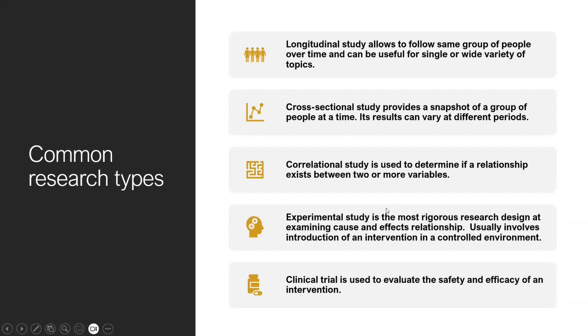Generally speaking, there are various research types, but I'll just tell you about these five main broad categories. The first one is called longitudinal studies. These include cohort studies, cross-sectional and case control studies. What you do in this case is you follow a group of people. You don't follow the whole population. You just collect a subset or a sample of the population, and you follow them over time. You try to find out if there is any correlation between two variables, or a disease and an exposure. That's your longitudinal study.